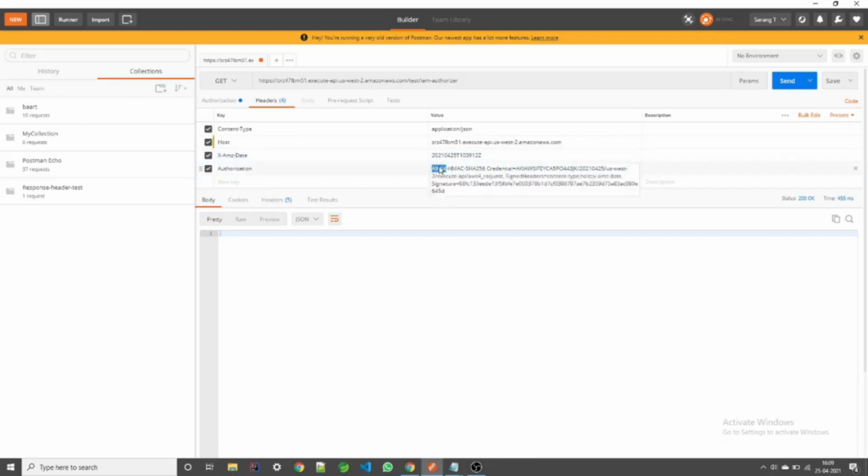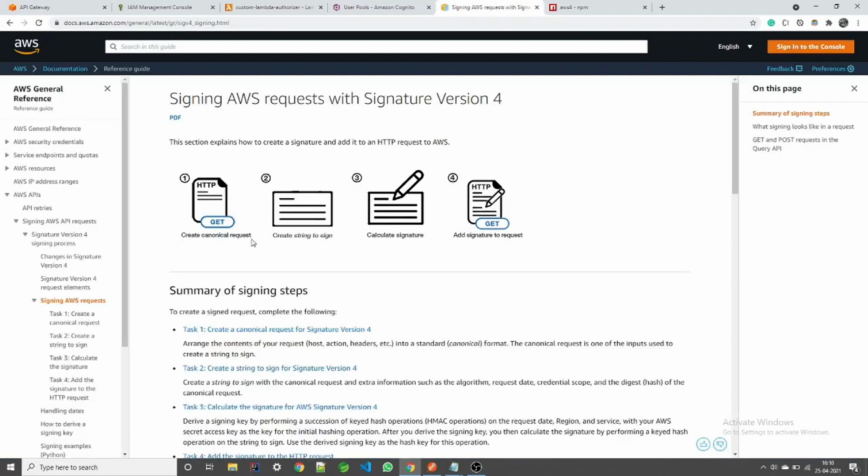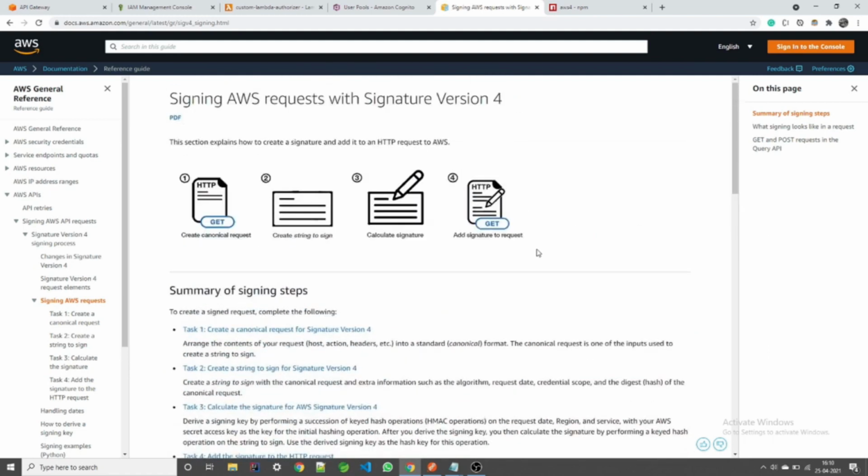So how will we know how to calculate the signature? Because right now we have used Postman, but in a real-time application we're not going to use Postman. So what I'll suggest is to refer to this doc, where AWS has very good docs on how we can calculate the Signature Version 4, and how we can invoke the APIs for the users who have permission to invoke that.